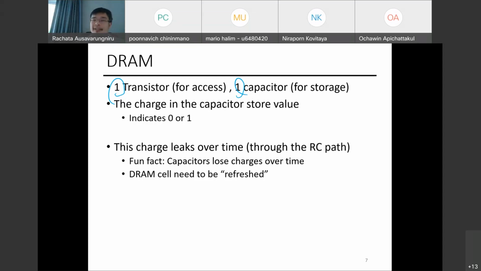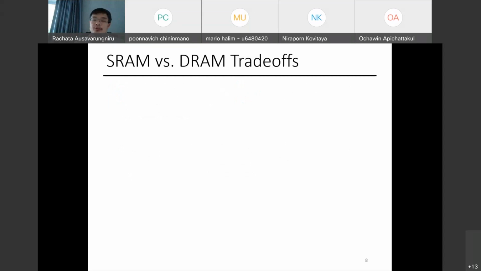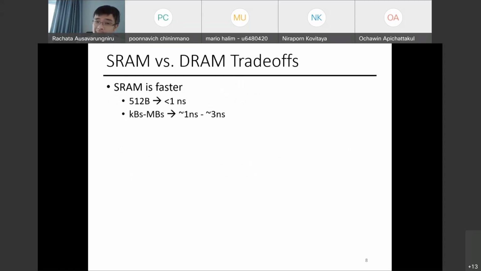All right. So again, side topics. I hope this is interesting for you, that you know more about SRAM and DRAM. But here are the trade-offs. SRAM is faster. A small SRAM of less than say 1 kilobyte would be really fast. It actually takes less than 1 nanosecond. So you're looking at maybe 4 clock cycles